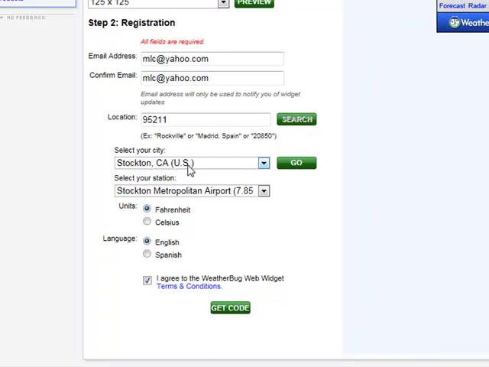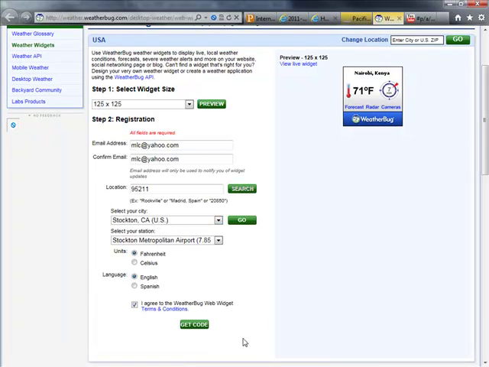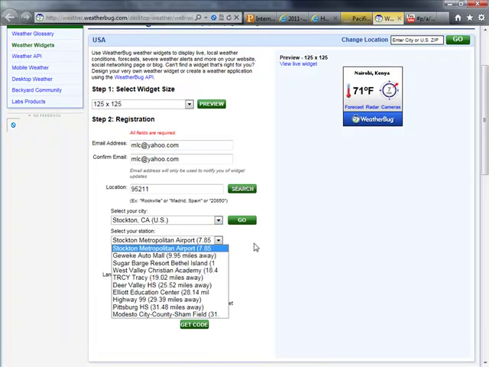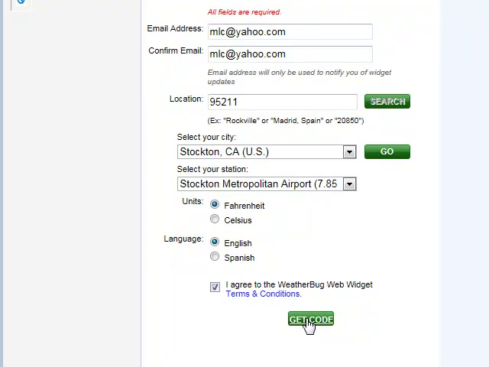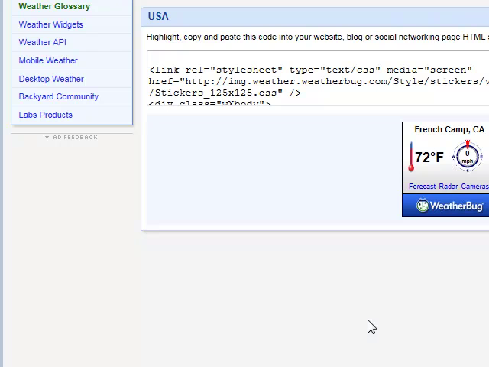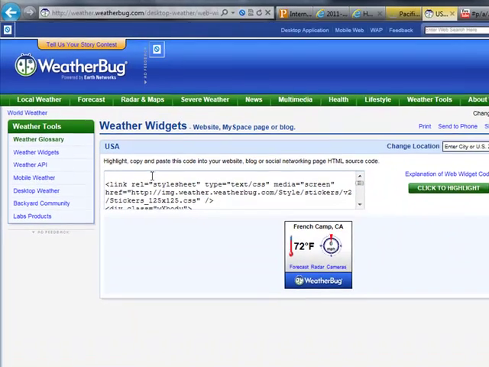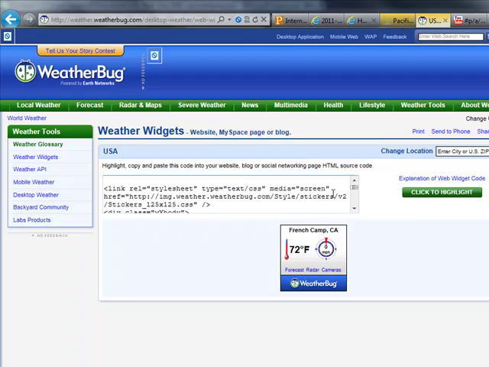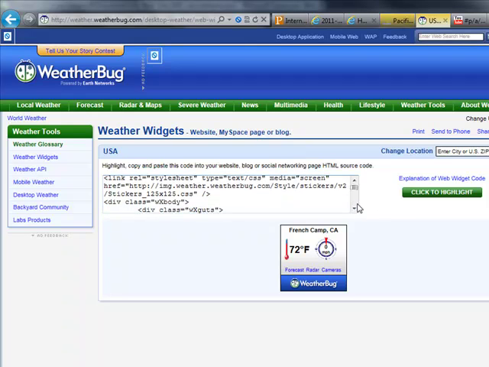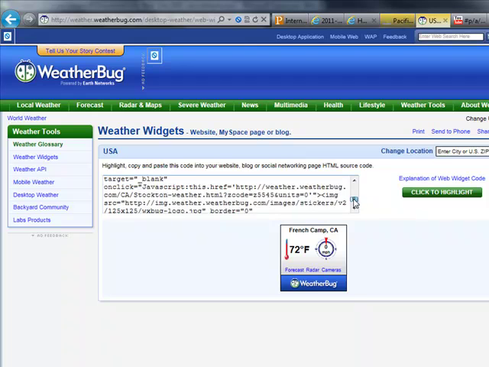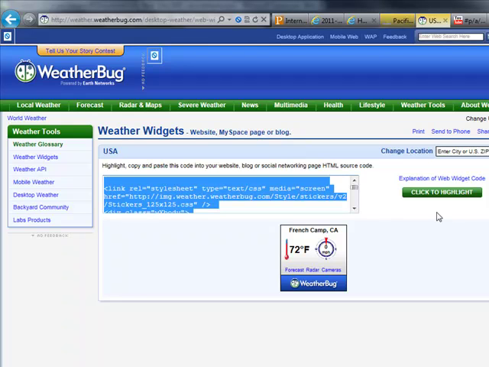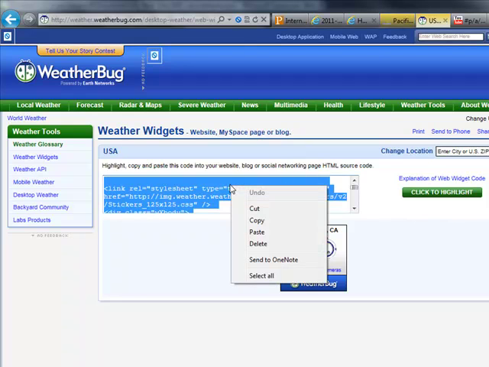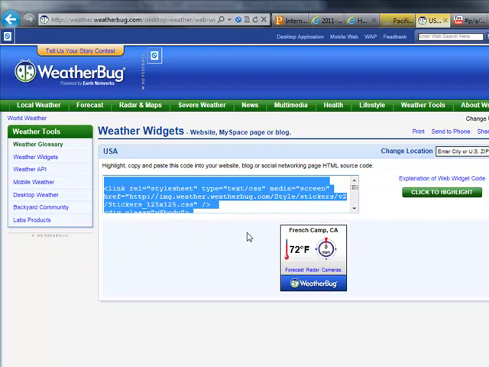We search for it, and then that'll give us back our city, Stockton, California. And then we do have different reporting stations that you can have listed here. We'll just stick with the default. Now we can get the code. And what is generated for us is some JavaScript. Now, as a business student, you probably don't need to worry too much about all of this gobbledygook, if you will, here of code. You can just click to highlight and then copy that code, and we'll use that within